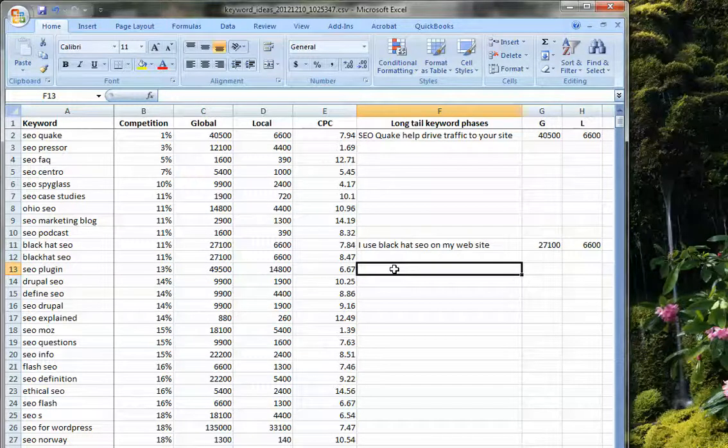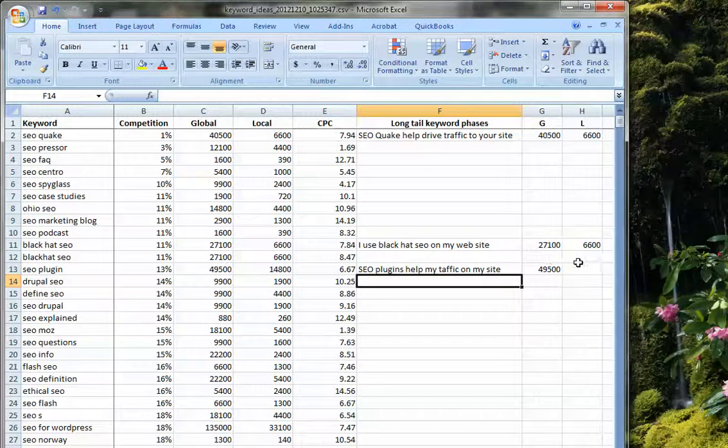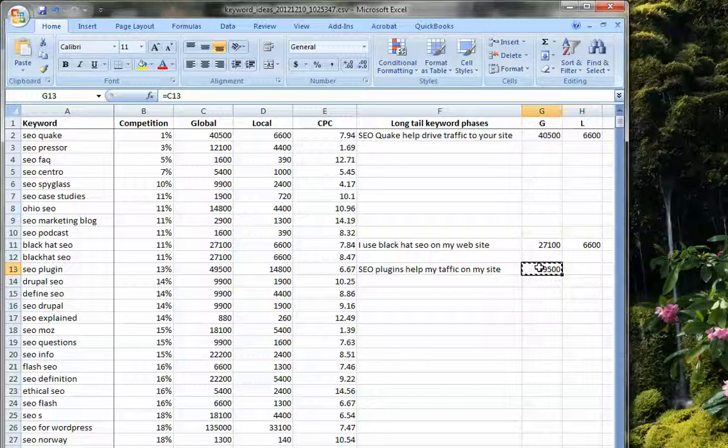I can write something like "SEO plugins help my traffic on my site." And what type of searches does that give me? Here we have 45,000, and here we have about 14,000.